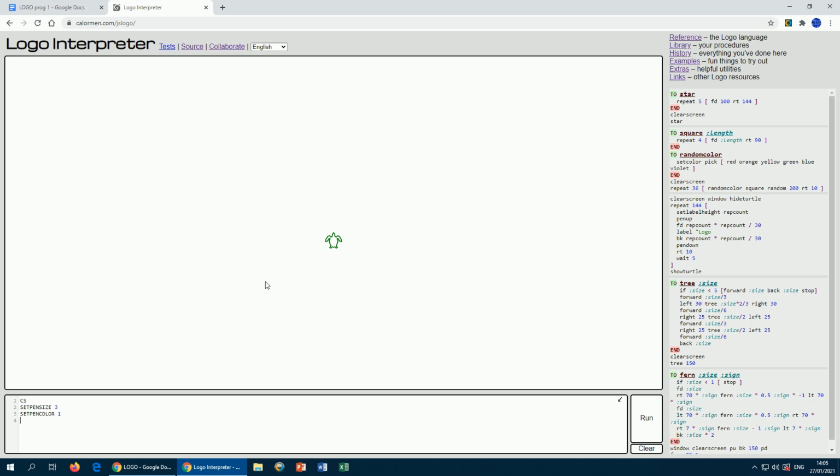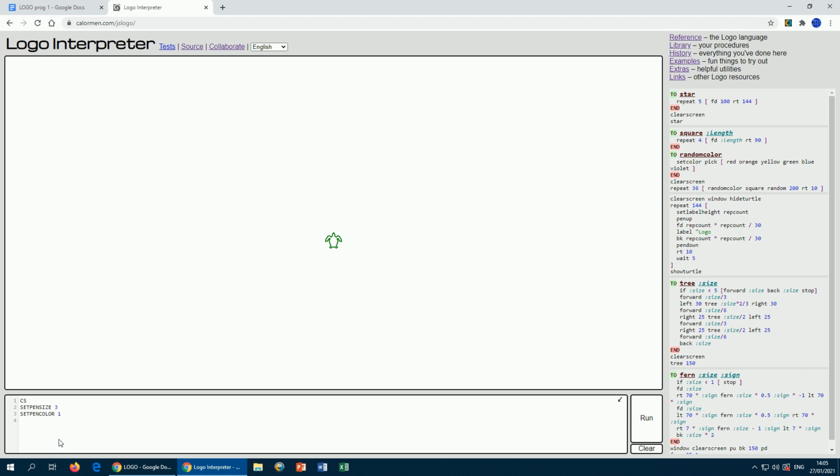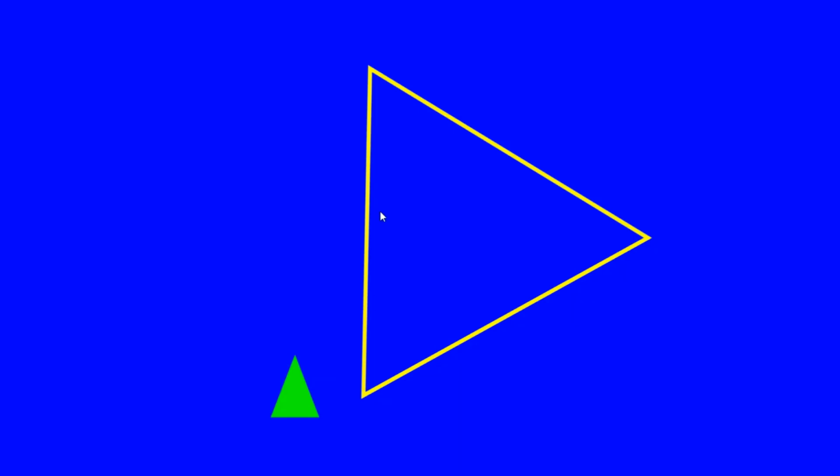Okay, so on to our next task then. So we are going to be now doing task 3. So task 3, we're going to do a triangle, but this time we're going to do it all in 1 line. And we looked at this last time, so I will very quickly just remind you about that with a video from last time. If we take this equilateral triangle and we're going to use this here as our turtle,